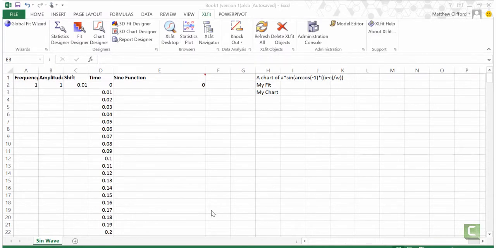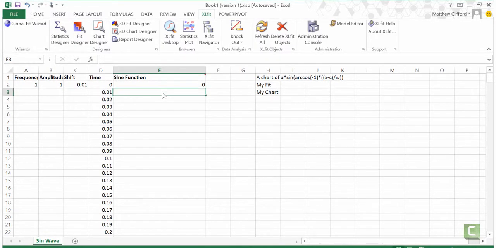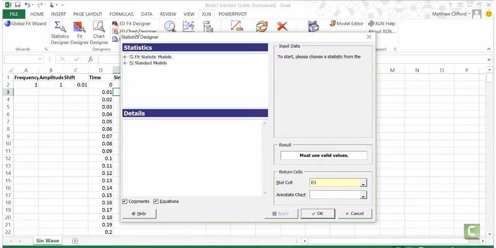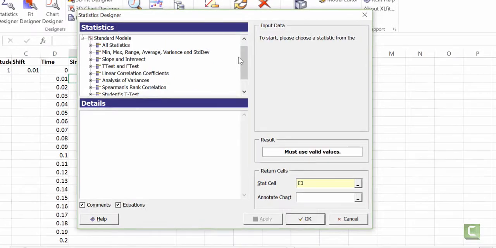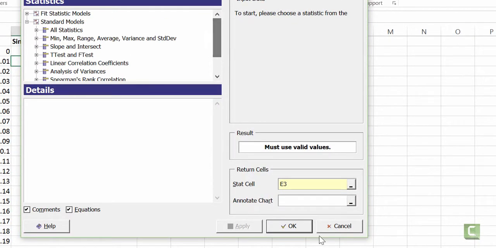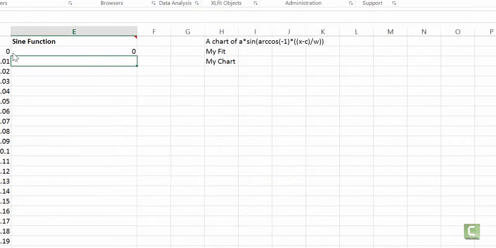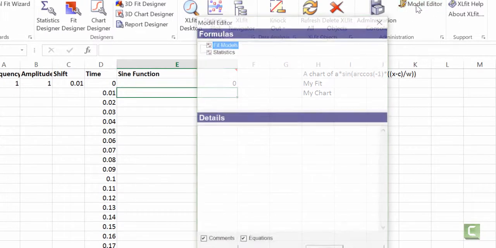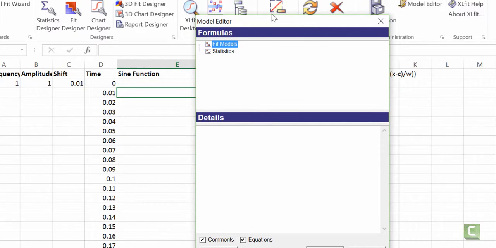There is no formula or function that you can use to generate this that is provided in the traditional statistics set. So this is something that we would actually want to add to this list of statistics. So I have my own custom function that I would like to plot. So I have this here and in memory, and I'm going to create a new statistic to allow us to